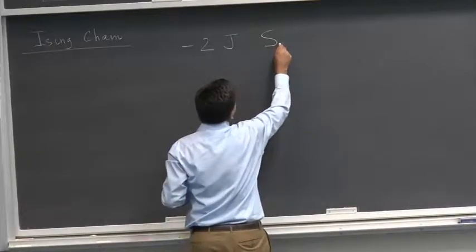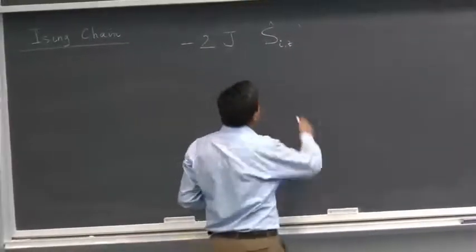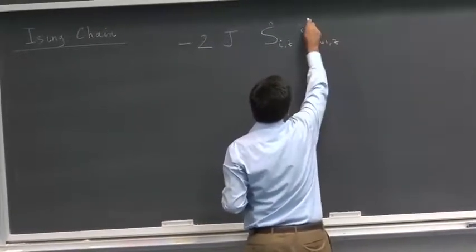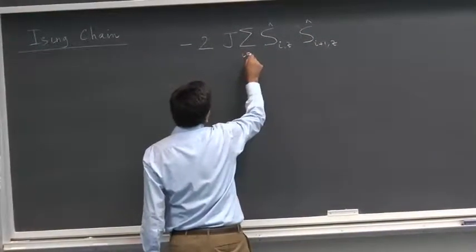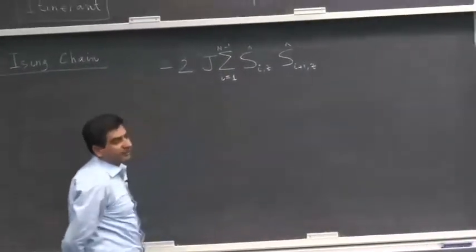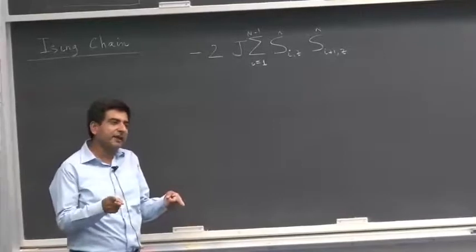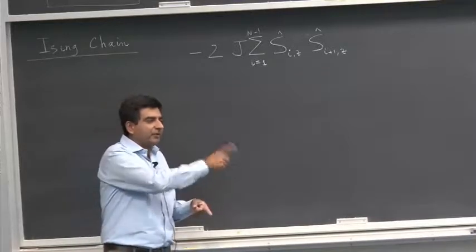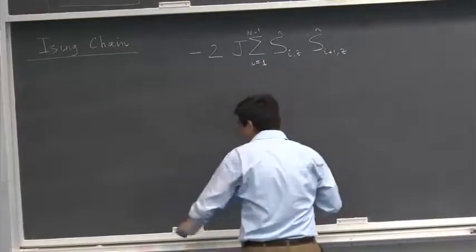S_i^z, the z component of the ith spin, times the z component of the neighboring spin, and we sum up these interactions over all the spins. And this kind of interaction is called an Ising interaction. It's just one term in the Heisenberg exchange interaction. The Heisenberg exchange interaction has a planar Hamiltonian, x, y and z. We're just picking out the z interaction, which means that we really have a chain